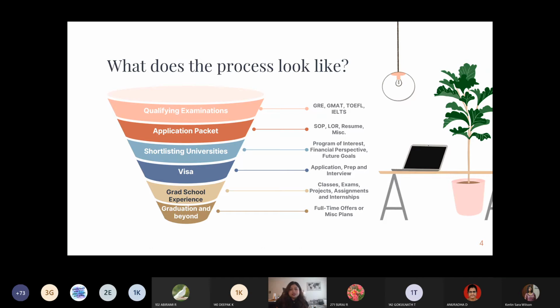And then future goals. I say this because what you want to do plays a huge role in you choosing a university. I wanted to do something in business analytics. That's why I chose New York, because this is a financial hub and usually perceived as the center of business. So I know that when I graduate from a university in New York, I would have high chances of getting a job here, because this is where my area of interest lies in the financial sector.